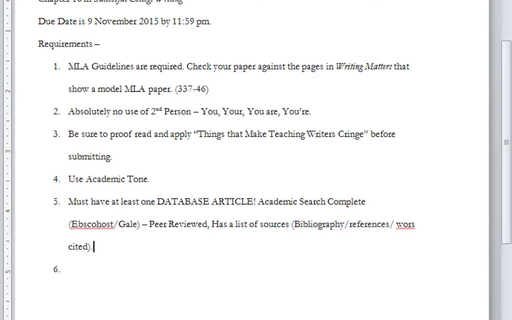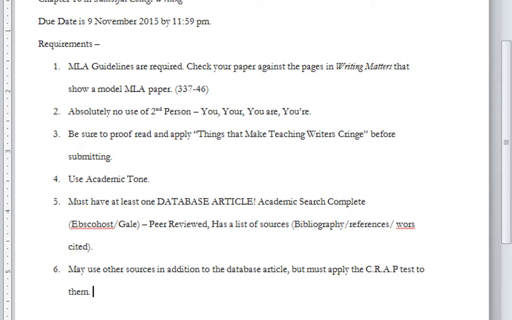It's a newspaper article or a magazine article, and that is useful, but you still need to have at least one database article for this paper to cite. Okay. You may use other sources in addition to the database article, but must apply the CRAP test to them.